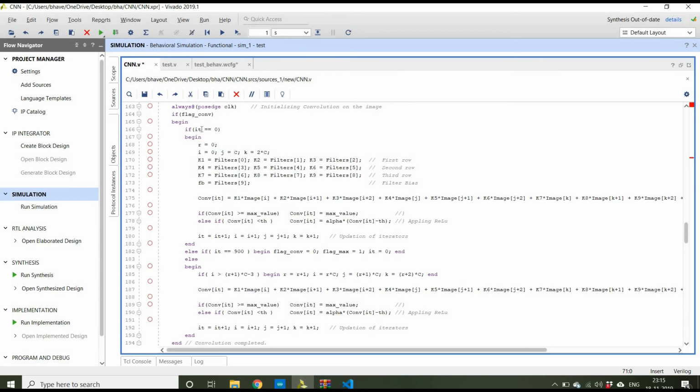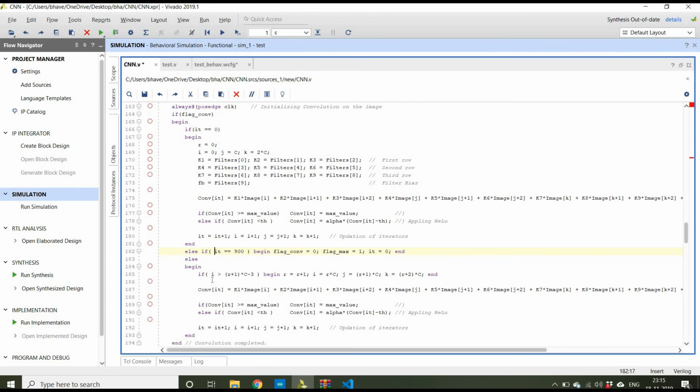So here we have an iterator equals to 0, which is the reset condition. Here we load all the filters. The convolution process occurs in this line, whereas the relu function occurs in these two lines. If the iterator value reaches 900, then we set the flag convolution value equals to 0 and the flag max equals to 1, which indicates that the always block for max pooling has to begin.